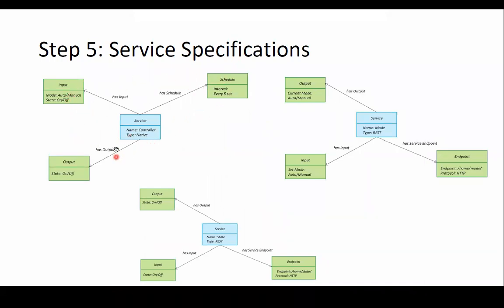The service has input, the service has some kind of schedule, and the service has some output. In the same way, you can see everywhere it will have the same services. The service can be for your state, it can be for mode, or it can be for various time intervals. It depends on your application type, whether you are going to control the light or fan. These services may vary.